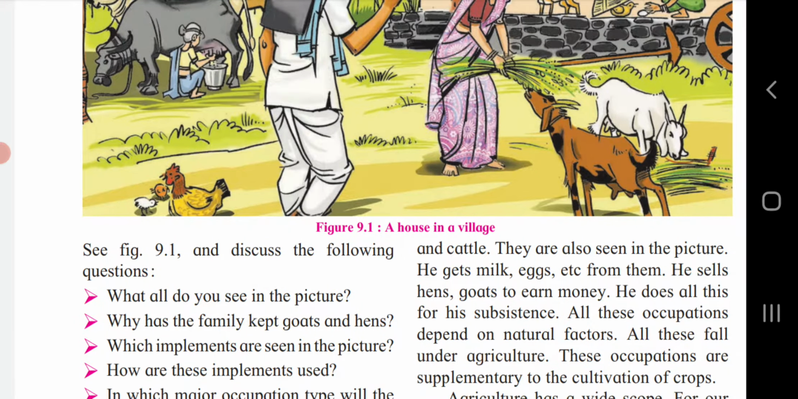Next question. Why has the family kept goats and hens? The family must have kept the goats for milk and meat, while hens must have been kept for eggs and meat. The family could have also kept them